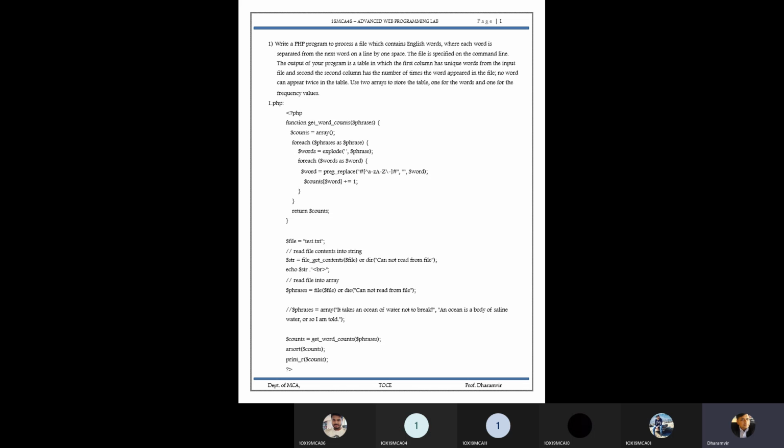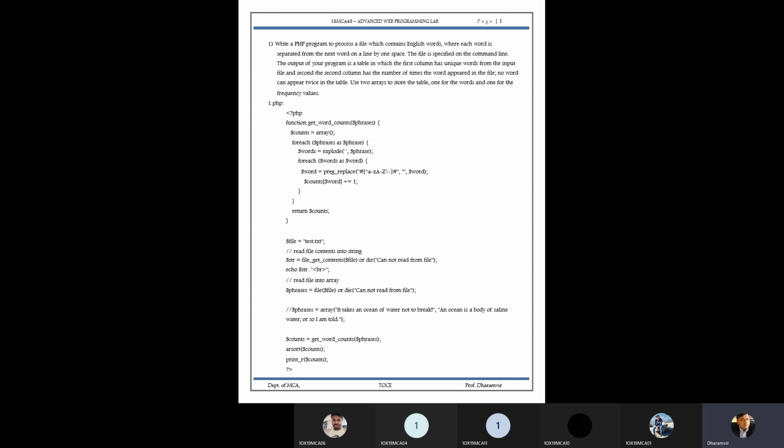Fine. So whatever counted words we are going to store in a dollar variable, that we are going to count in an array. Then we are going to check the separate phrase. For each dollar phrase, that means whatever words are there, we are going to explore. Dollar phrase is nothing but a variable where we store the word. They are telling that a word cannot appear twice in the table. Once it appears twice, that means we identify the word.